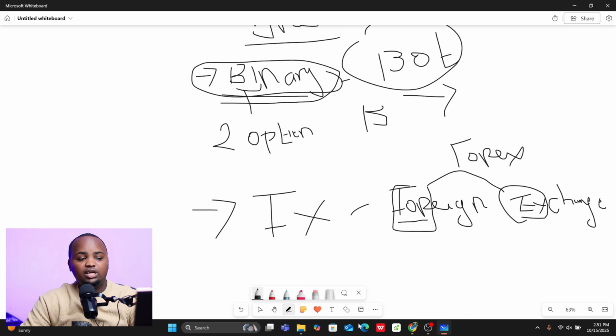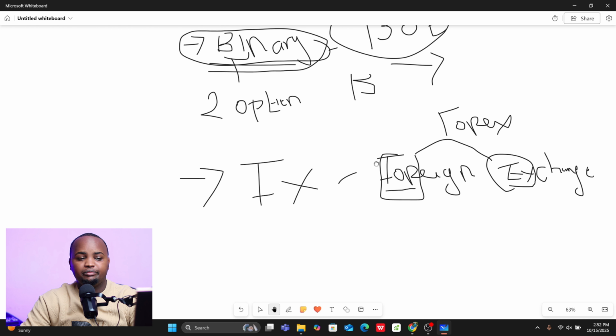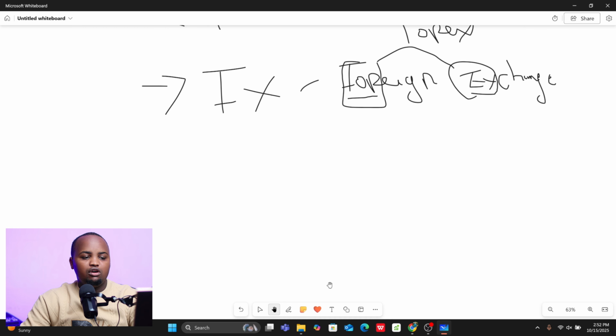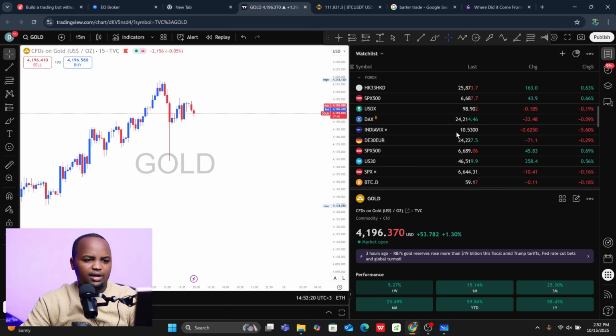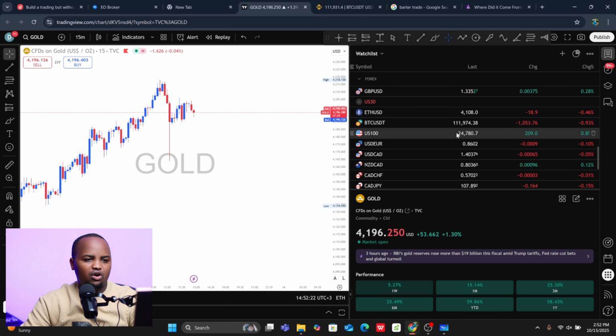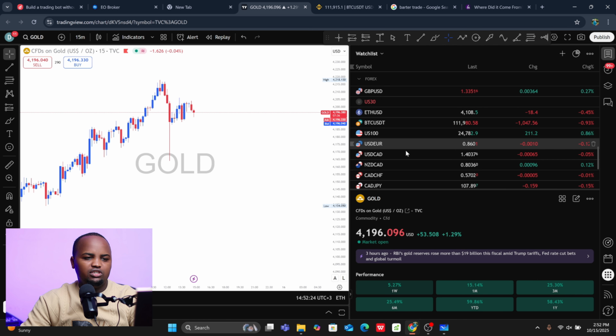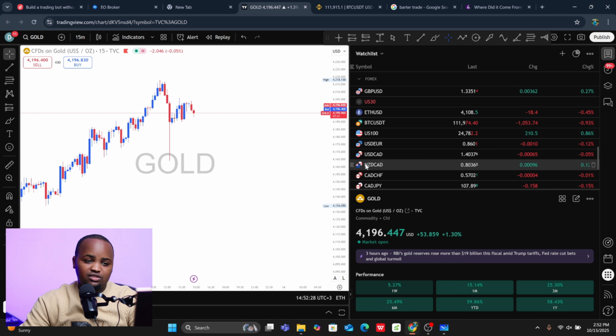Now forex actually is different from all of them, because in forex we normally trade a lot of things, but we'll be talking about the other one, which is actually different as well. Now, when we talk about forex trading, you can actually trade. We said we're going to do practical here. What do you see here? These are what we call currencies. You see, these are the currencies that we have on this side.